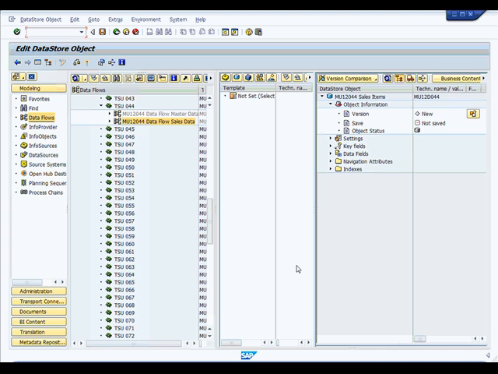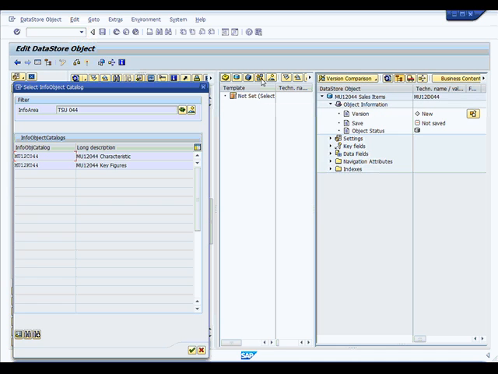So now we are going to use some of the key fields that have already been provided by UCC to create info objects. So first we will try and locate the catalogs, and it's only showing you the ones that you have created. Remember, at the beginning of the master data exercise we created 2 catalogs, one for characteristics, one for key figures,